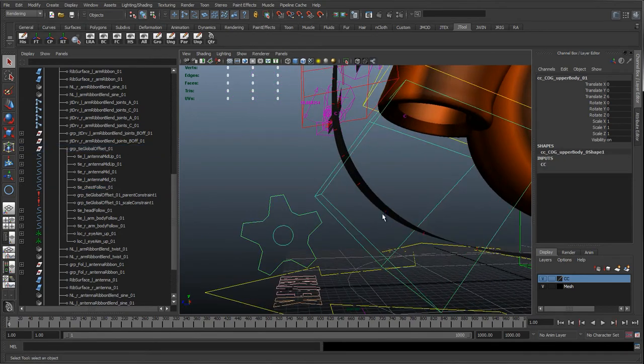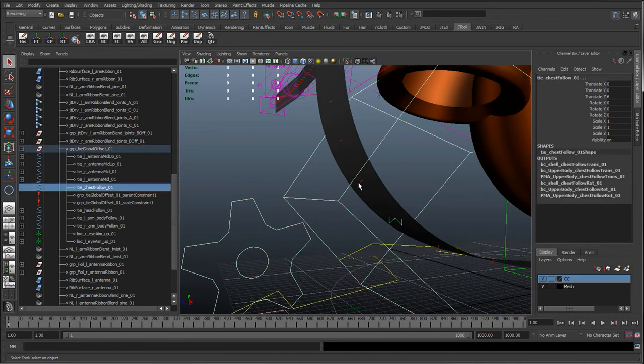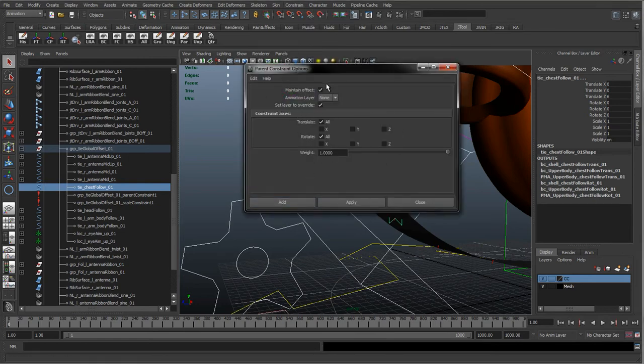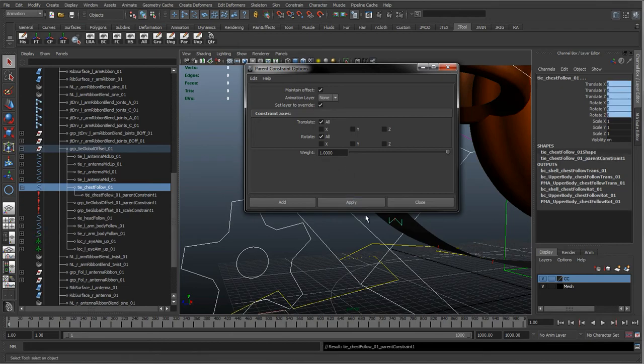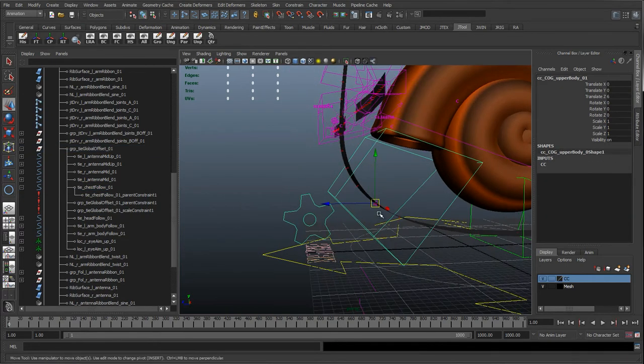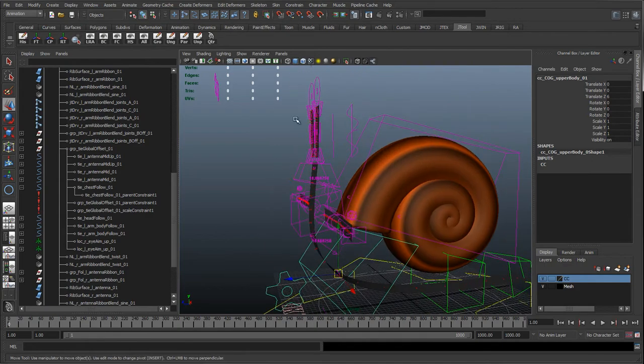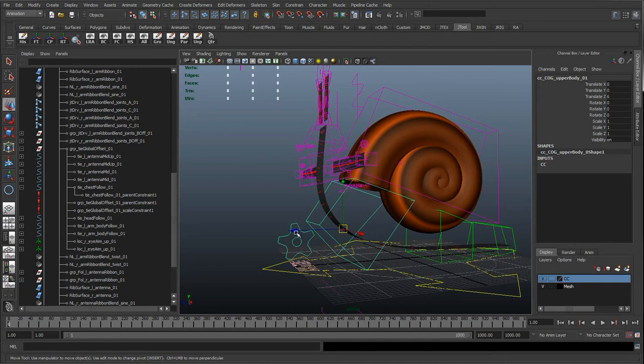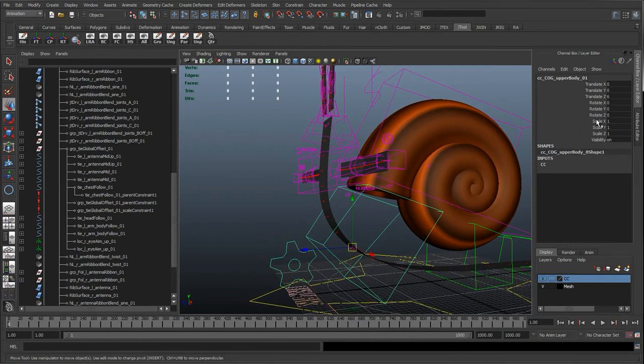So all I'm actually going to do is select the cog, select the tie control, and again animation, constraint, and parent. And I'll just make sure we're parent constraining both translate and rotate, and just hit apply. So what this now means is the upper body controls derive their follow attribute from the cog now. So this means if I move the cog, it's 6 in translate Z, that's just going to go straight to the upper body. There's no information coming from the chest control anymore, so we're not getting double transformations.